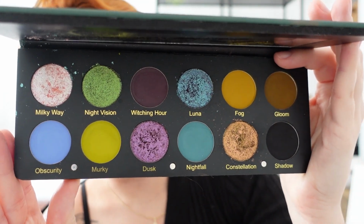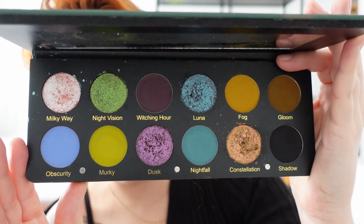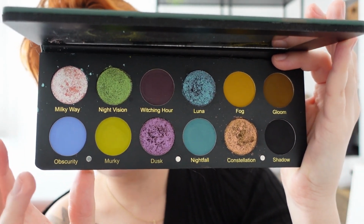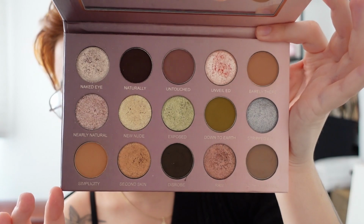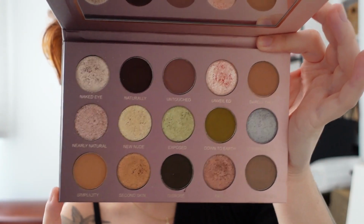We have the Nocturnal palette, which is probably my favorite Glaminatrix palette, if I have to name one of them as my favorite. I love the grungy tones in here. The multi-chromes are beautiful. And then we have the You Beauty palette, the palette inspired by Australia. And the most recent palette in their lineup, aside from the Glamorous palette, this is Nearly Natural. So we're going to go in order of the palettes that I've shown, and we're going to be numbering them by rows. So that is 1, 2,